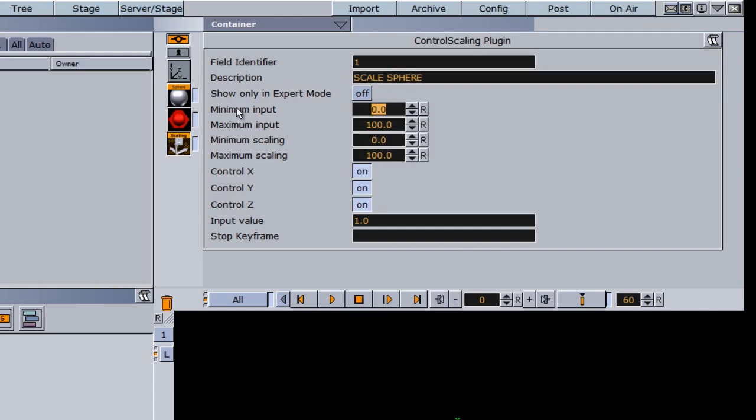Now we have a minimum input. So the minimum input is the least amount of numbers that the graphic operator will be allowed to enter. Same with the maximum input. So if you only want them to be able to enter a certain amount of variables, you can type it in here. There's a minimum